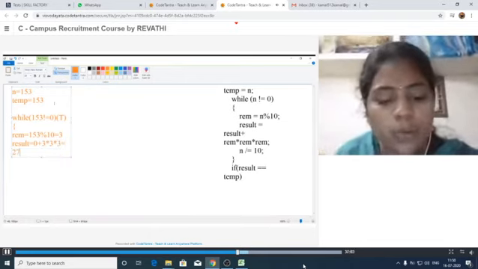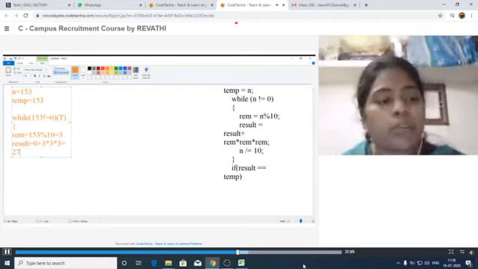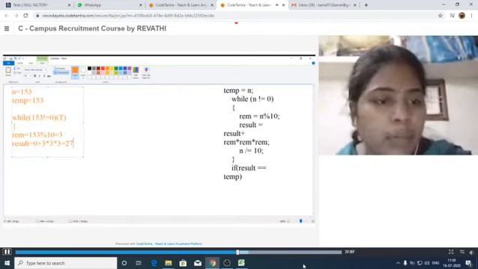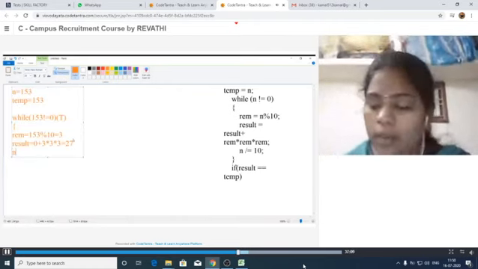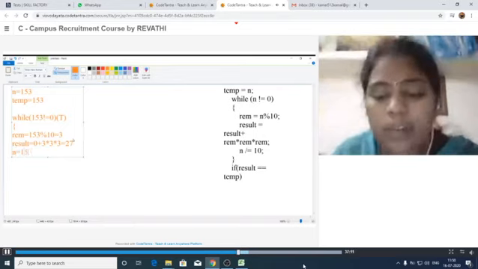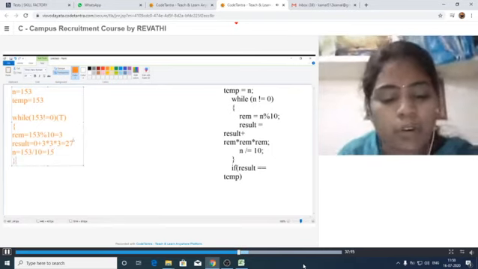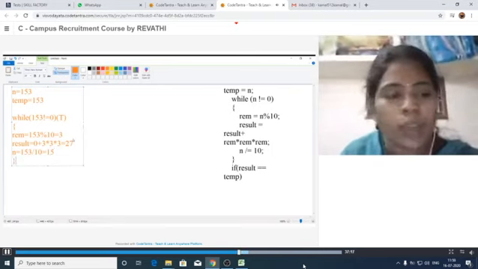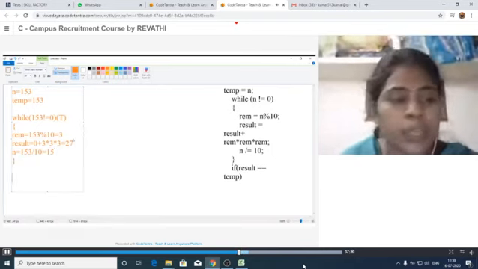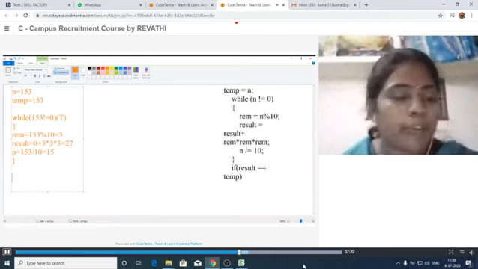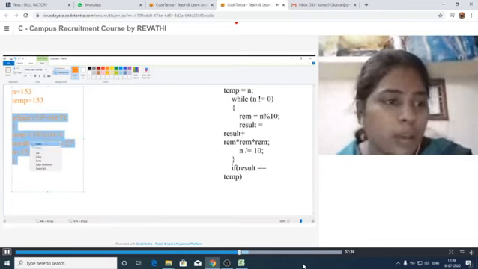That means in place of our result the value 27 will be stored. After that, dividing the n value, n is equal to 153 by 10, that is equal to 15 here. Okay, this is the first iteration.